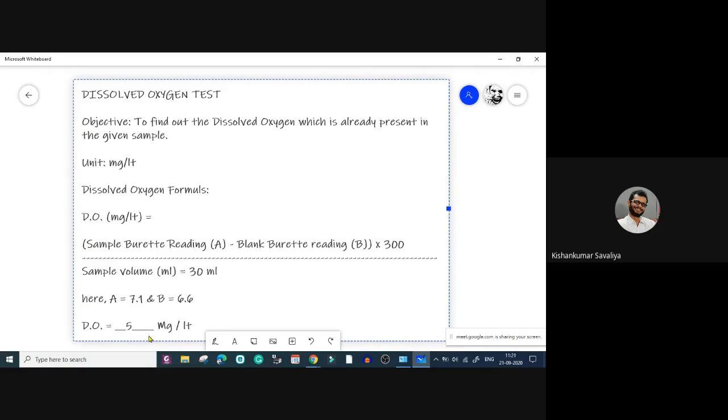Okay. Just like for the concrete cube, the mold size we take is 15 centimeter by 15 centimeter by 15 centimeter, you can take 30 centimeter also, but for that the criteria and standards are different. Okay, so you need to take care of that. If the Indian Standard Code says that you need to take 35 ml of the sample, we will do that. Okay, that is because of the research and all kinds of experience. So right now you need to strictly follow this procedure for the test. Okay, and any doubt in this?